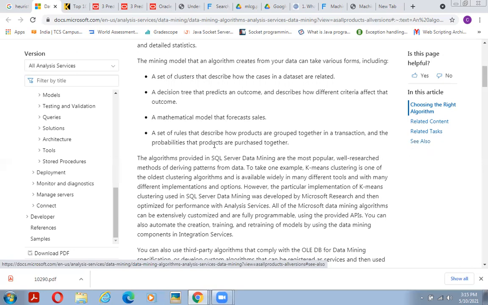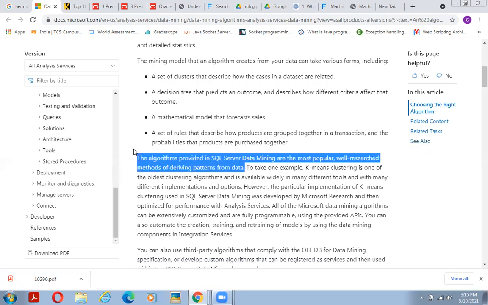Now, they are focusing on their product, SQL Server data mining, and they're saying that they have done the research on methods of deriving patterns from the data. Okay. Now, to take an example,